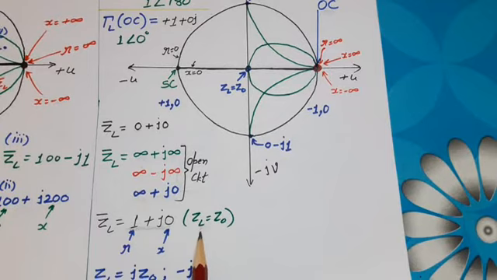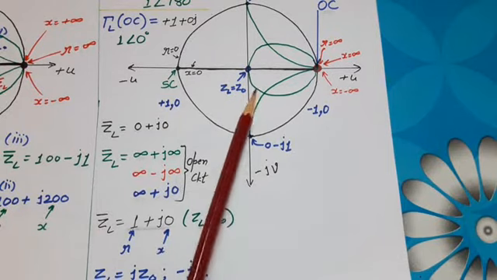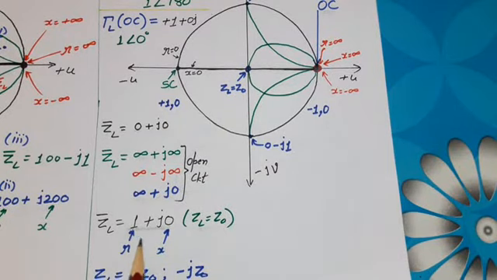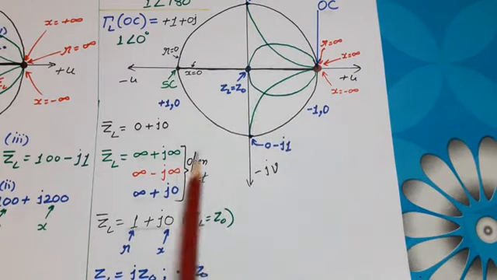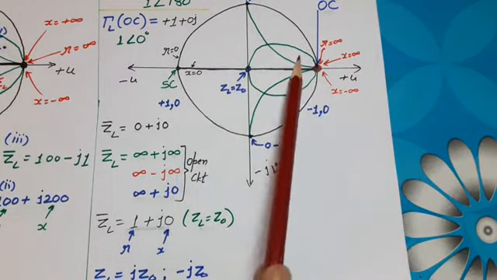We know if load impedance is equal to characteristic impedance, then this is a condition for perfect match, and for this the reflection coefficient is always 0. We try to mark this load in the Smith chart. Here R is equal to 1 and X is equal to 0. R is equal to 1 means this circle, and X is equal to 0 means this line. So the intersection point is this.